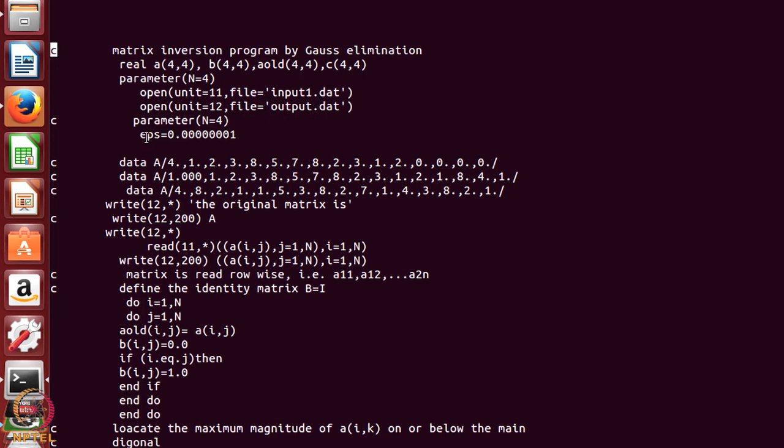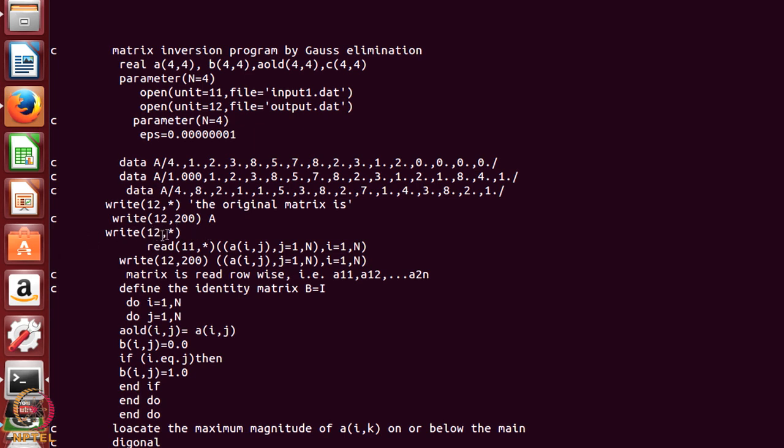Then I need some small number, because remember we are going to divide by the diagonal element of that matrix. If that diagonal element is very, very small, I cannot divide by a small number. So, what is small? 0 is not necessarily the best way, because the computer has only 8 digits after the decimal point for single precision. So, a number which is 10 to the minus 8, I am going to take it as a very small number. I do not want to divide by any number smaller than 0.000000001. So, this is my small number. Now I come to this write statement.